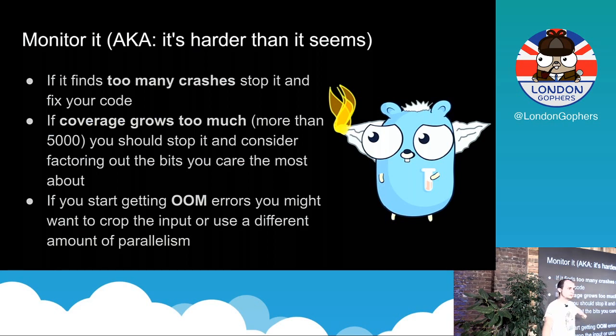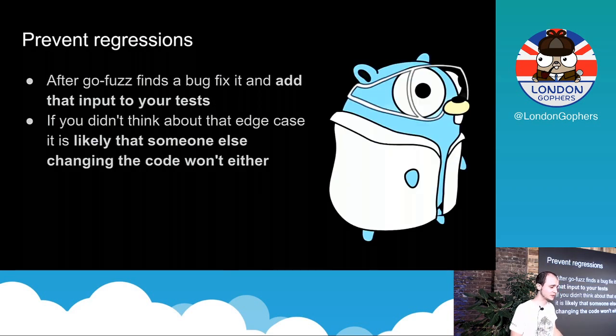If you get out of memory, crop your input or just write your code better. Try not to get that, because that panics every time if it goes out of memory. It's probably going to be a denial of service on your server, and in any case, you should limit your inputs in your function, especially if they accept untrusted input.